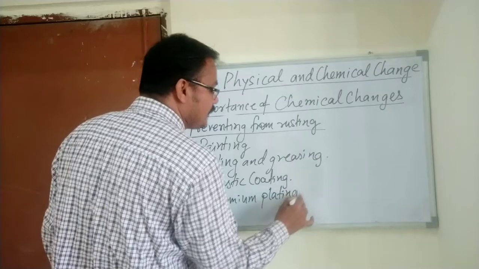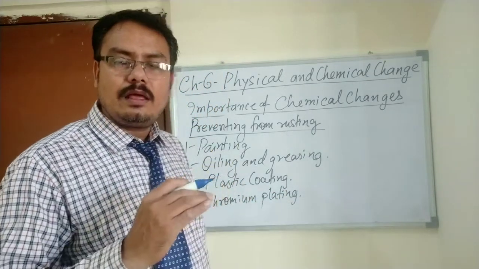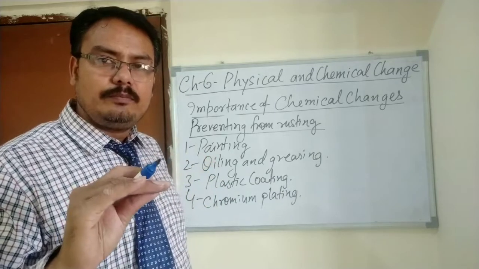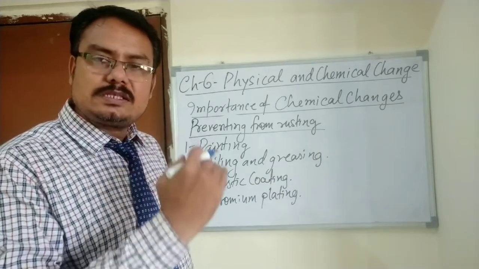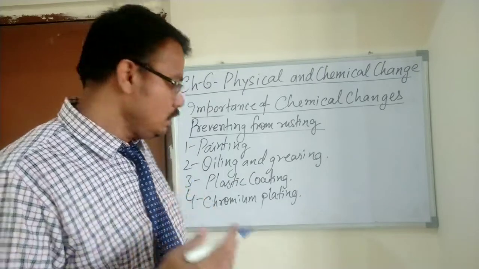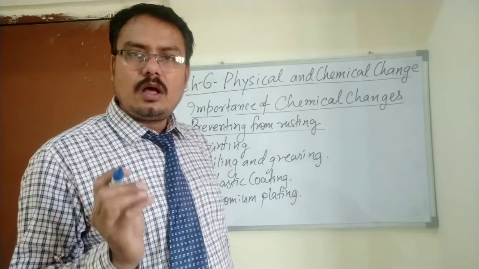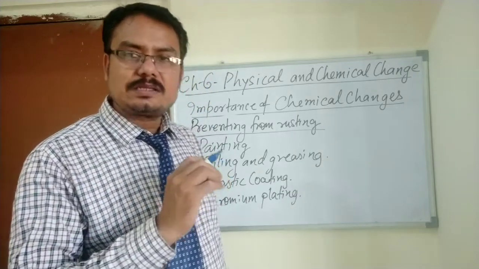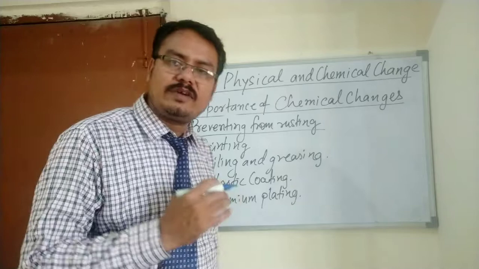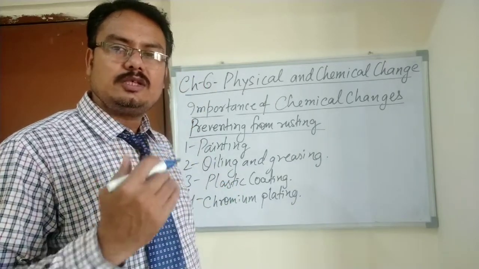So by the method of galvanizing, such a metallic film of chromium or nickel metal is put above that iron object. These metals are applied by a method of galvanizing. An extra coating layer is put on